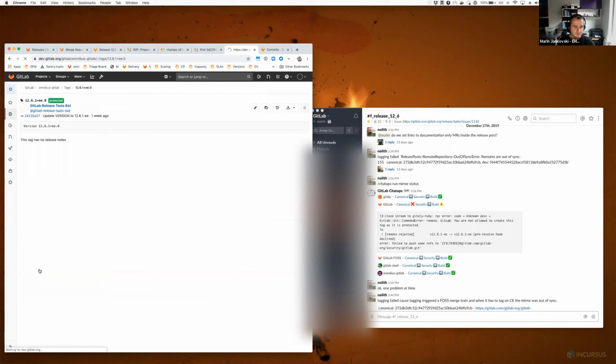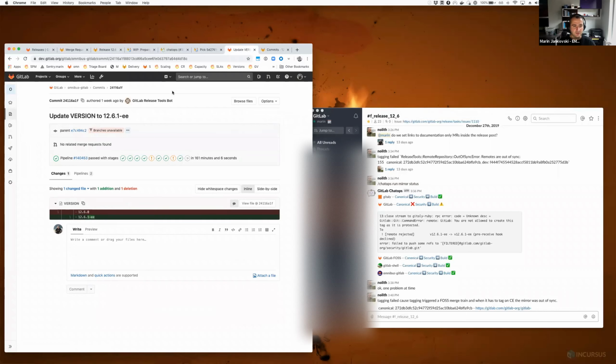Given that we've been focused on the Enterprise Edition or the main repository so far, let's take a look at that. Nothing unusual here. The release bot has created a tag in Omnibus that got synced here to dev, and then we can just check out how this looks inside of dev.gitlab.org. Inside dev.gitlab.org, we have a couple of things happening. First of all, we have bumped the version file, indicating that we are creating the EE release,